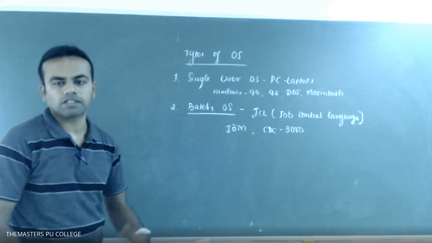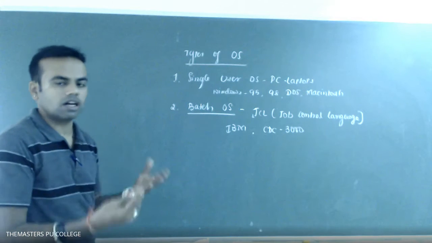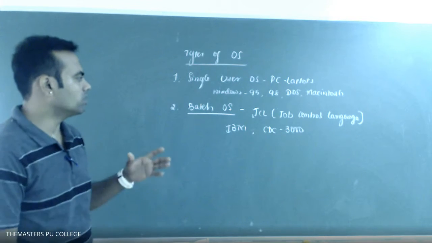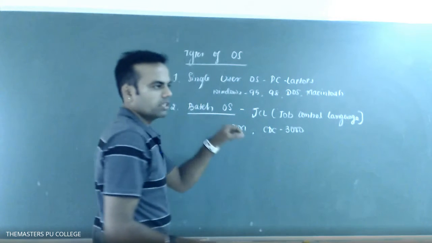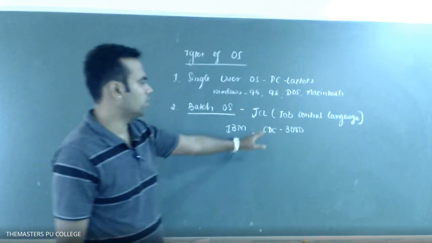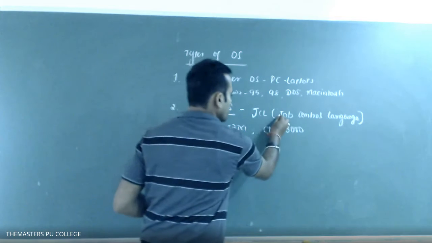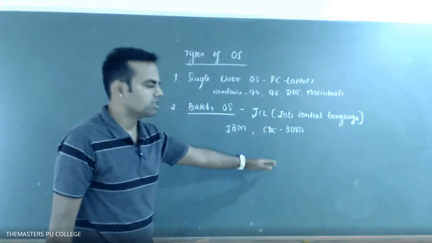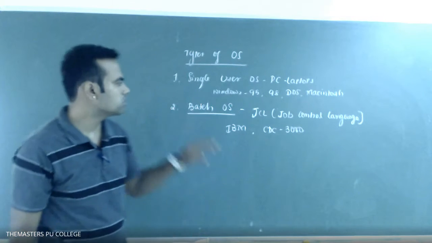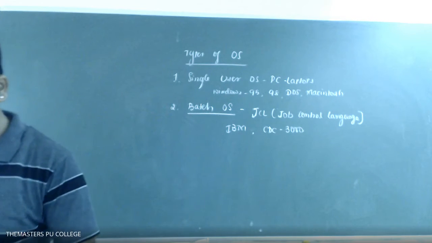There is no interaction required between the user and hardware here. Only the thing is, we require some commands, data to be inserted and programs to be inserted, and finally job control language. IBM and CDC 3000, such computers require this batch operating system. Okay, next number 3,